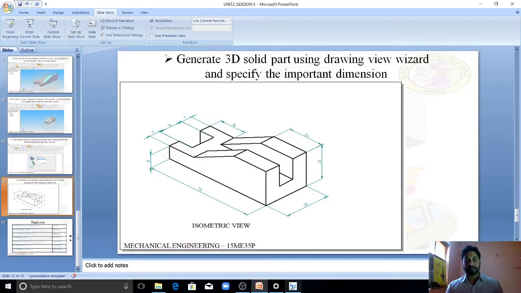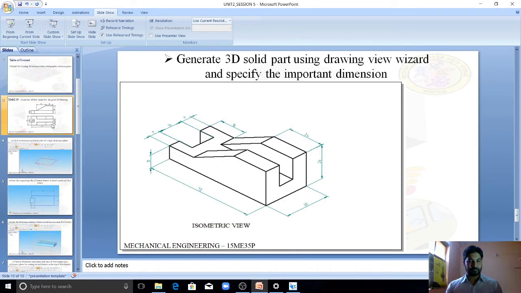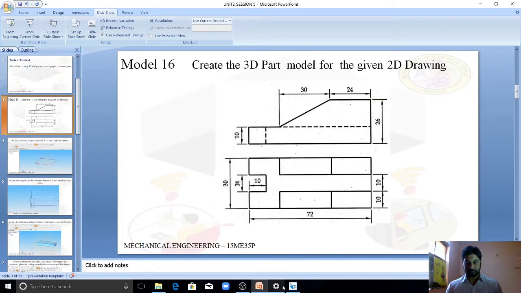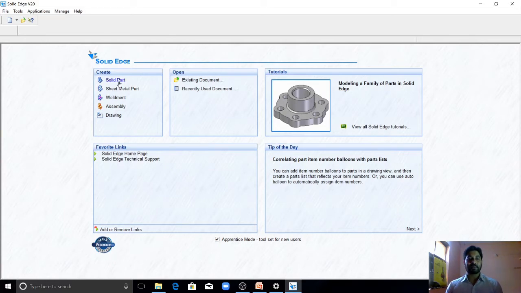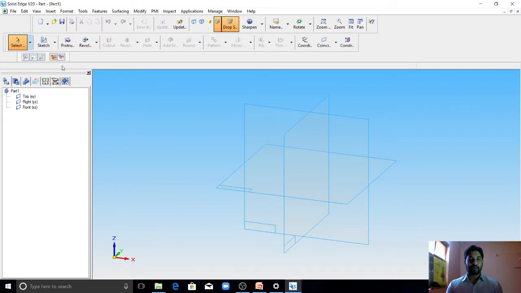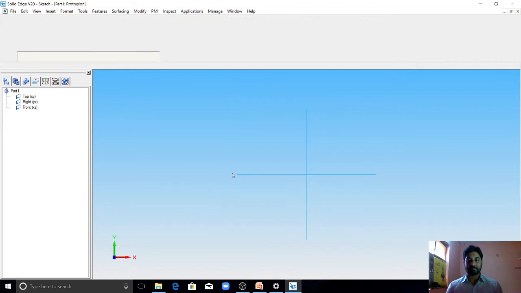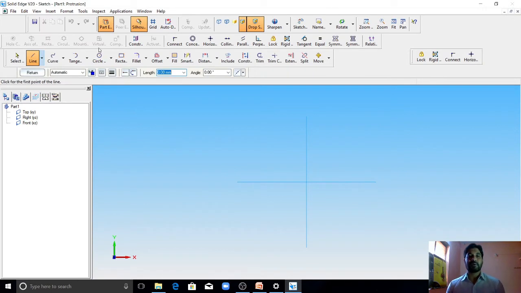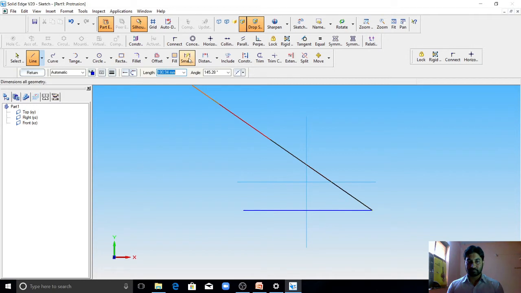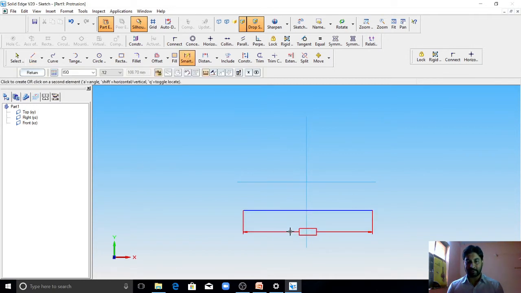Go to Solid Edge. Click on solid part, and click on the protrusion command. Select this top reference plane. Draw the suitable sketch profile now. Using smart dimension, give proper dimensions here.